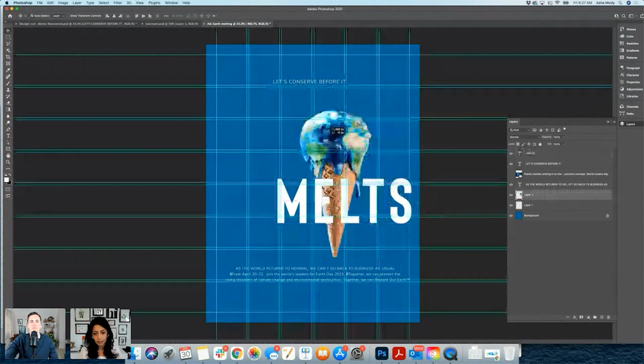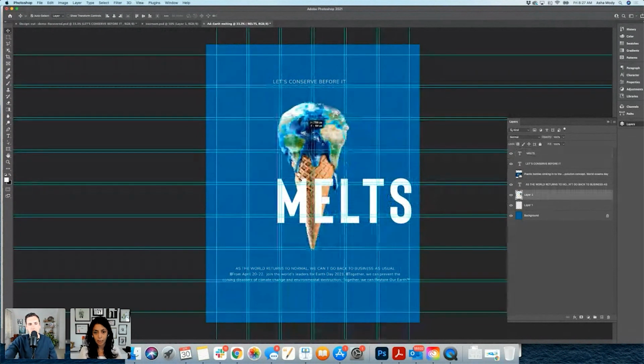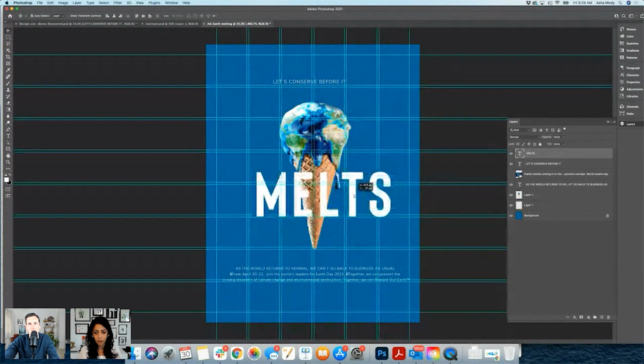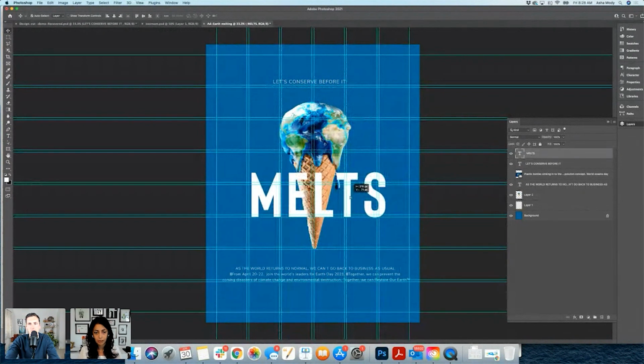So I decided, otherwise, not center alignment is always my favorite way. I like to play with negative space. So I'm thinking this is the center. I think it's a good way to put the graphic right now, and then I will align melt in the center. My snap guides are always on, which is a very handy tool.